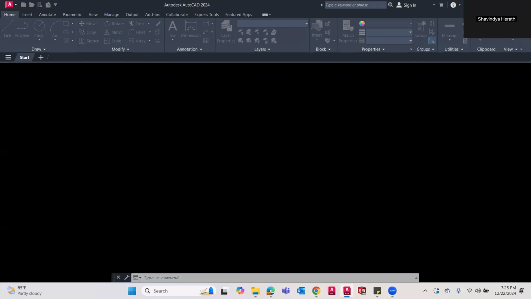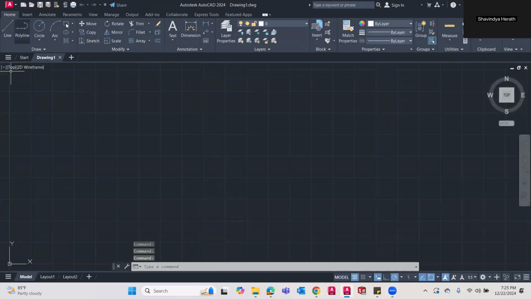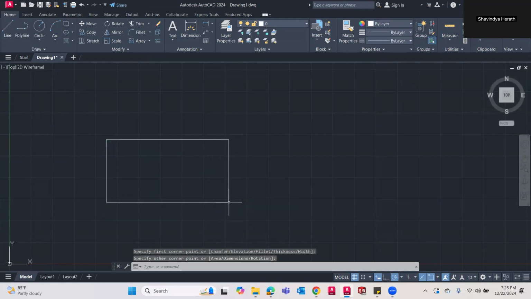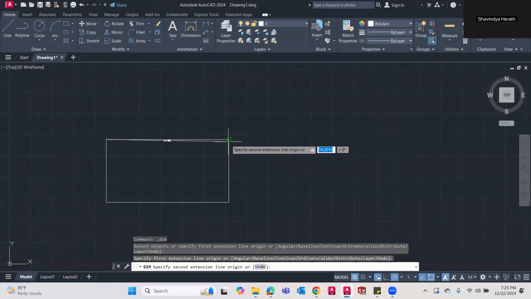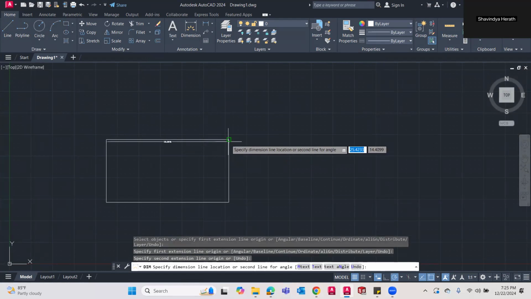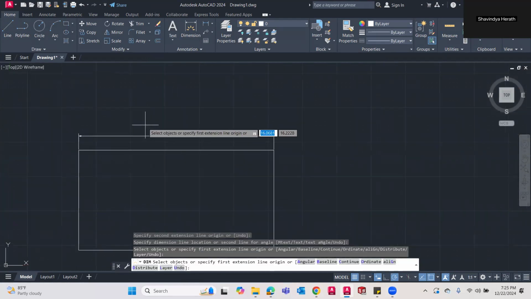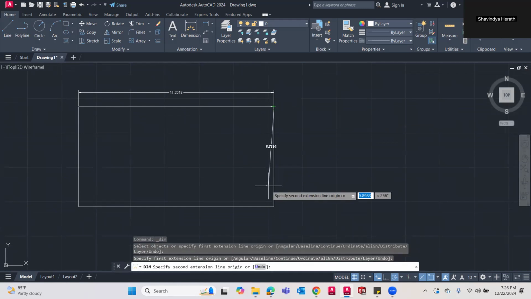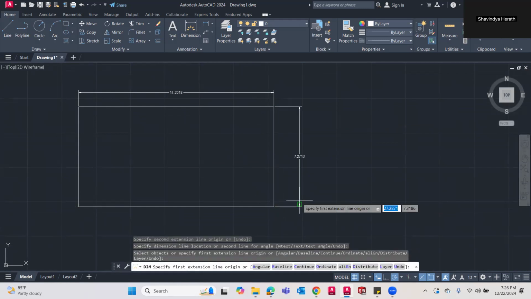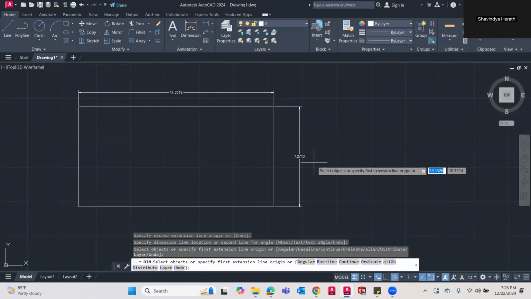Let's say I draw something like this and put these dimensions. It is 14, and from here to here it is 7 point something.